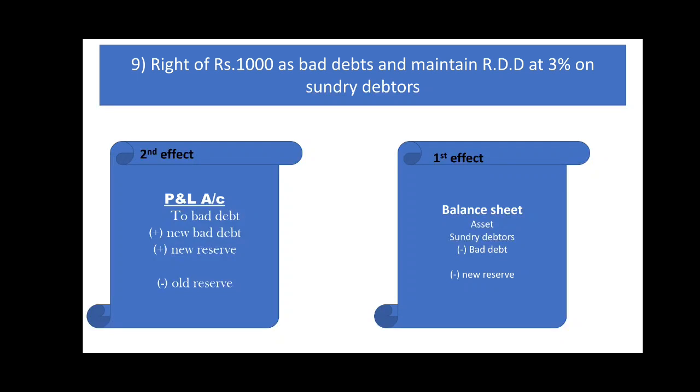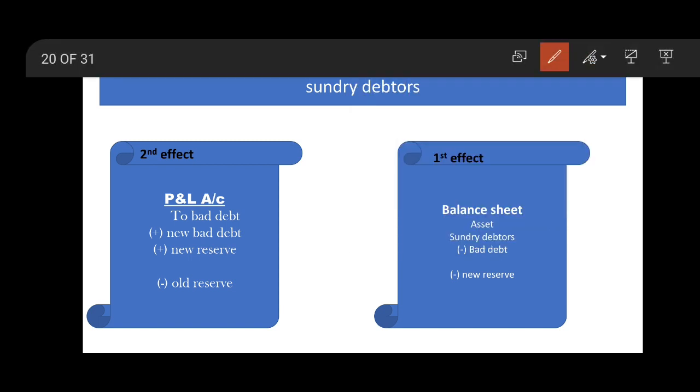The next is rupees 1000 write off as bad debts and maintain RDD 3% on sundry debtors. As you know, where is sundry debtors mentioned? It is shown in the balance sheet. And what was the amount of sundry debtors? 52,200. So what to do with this? You have this balance sheet here. I'll show you the adjustments, how to do this. Okay, this is our sundry debtors. The amount of sundry debtors was